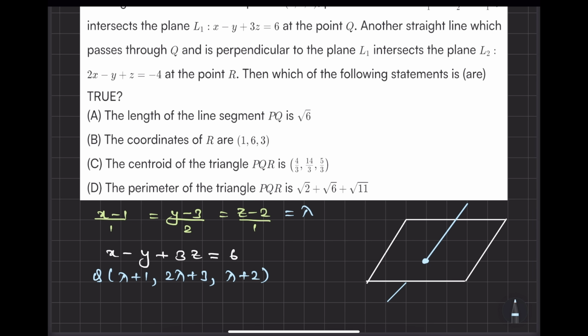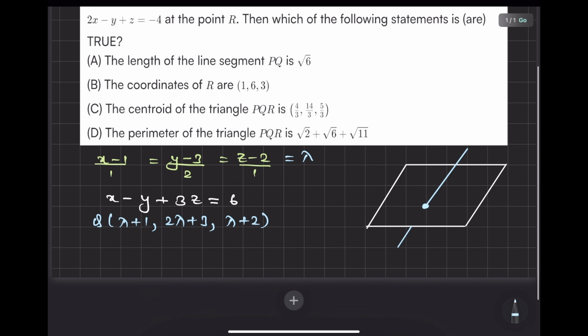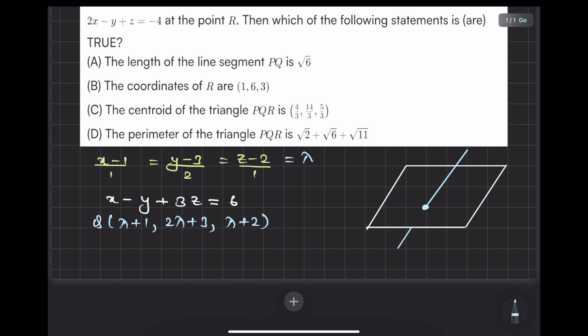So this is Q, and you know that this Q is also lying on the plane, so it will satisfy the plane. So in place of x we substitute lambda plus 1, in place of y we substitute minus 2 lambda minus 3, in place of z we substitute lambda plus 2. So it is 3 lambda plus 6